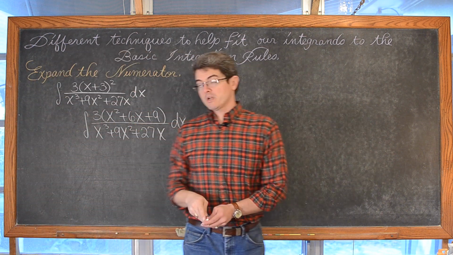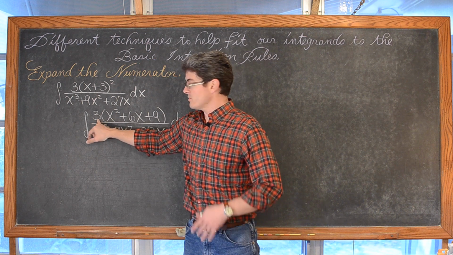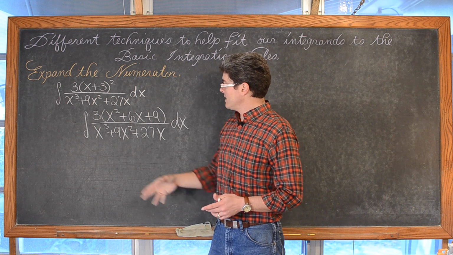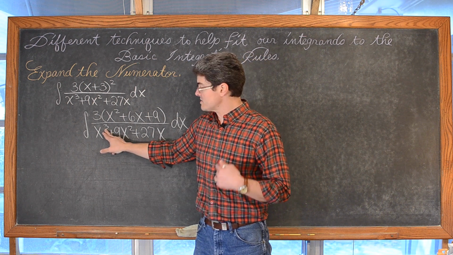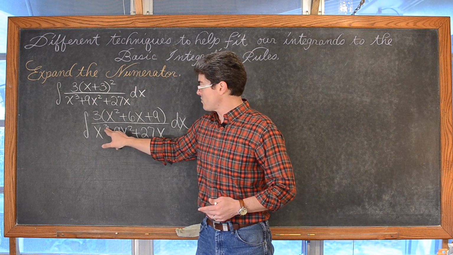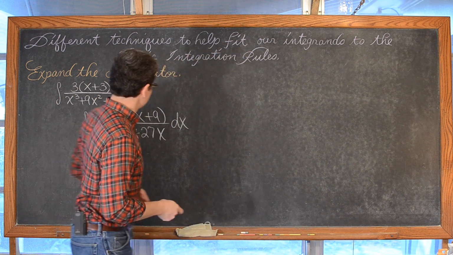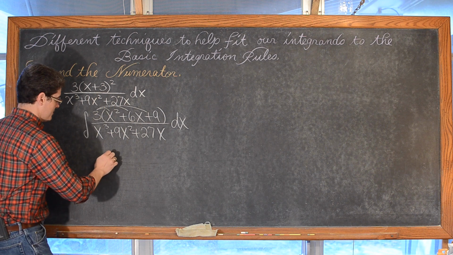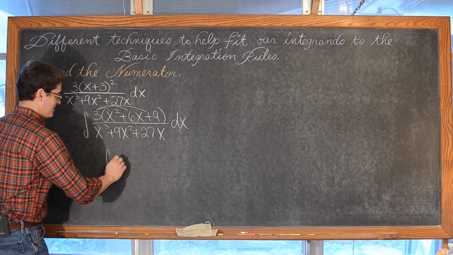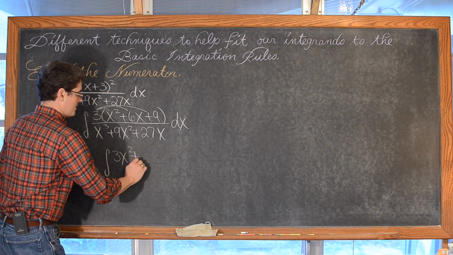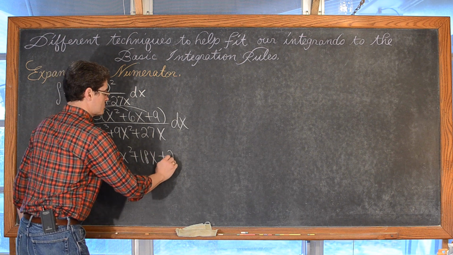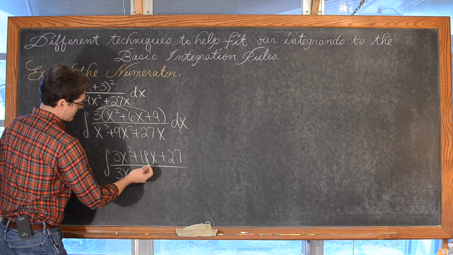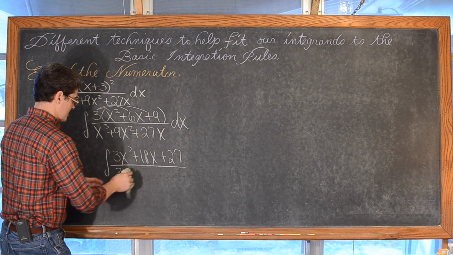Now sometimes we want to take this multiplication of a constant and move it out in front of the integral symbol. But again, that first term is, as a derivative, 3x squared. So maybe if I just distribute this 3, something nice will happen. Since I wrote the example, I kind of know that it will. So we have the indefinite integral of 3x squared plus 18x plus 27. Our denominator, again, is 3x, well, not again. Let's actually copy the denominator.